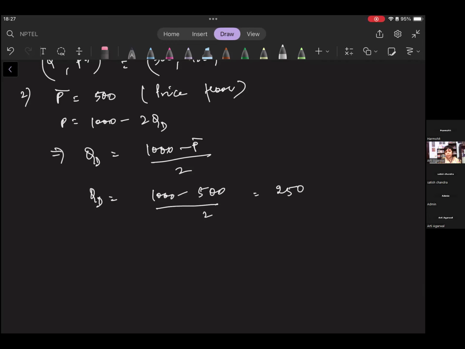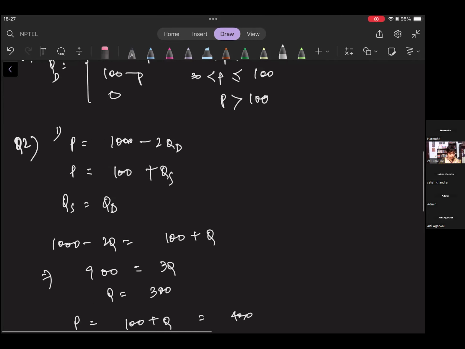This is the quantity demanded, right? So you cannot sell more quantity of some good than what is the demand for it. Therefore, the quantity that is traded in the market will be QD. This is what will trade, but we still should calculate. We do need to know what QS is also, and QS is given by